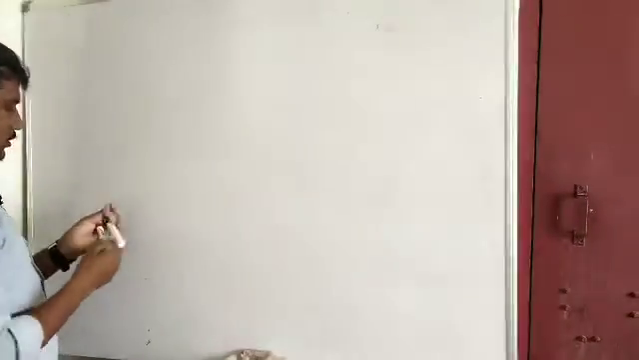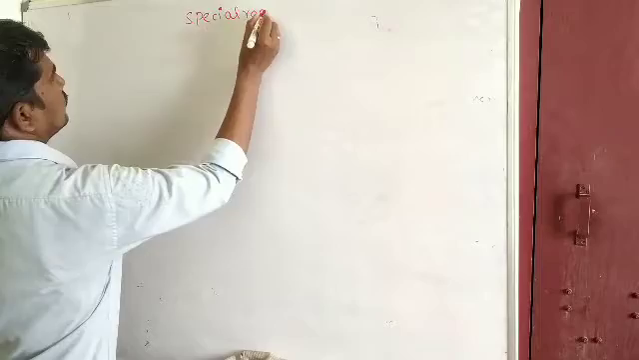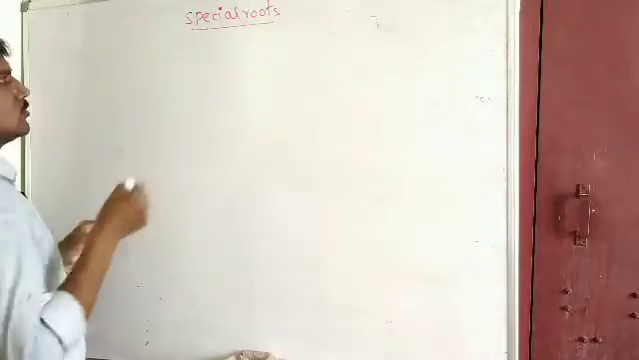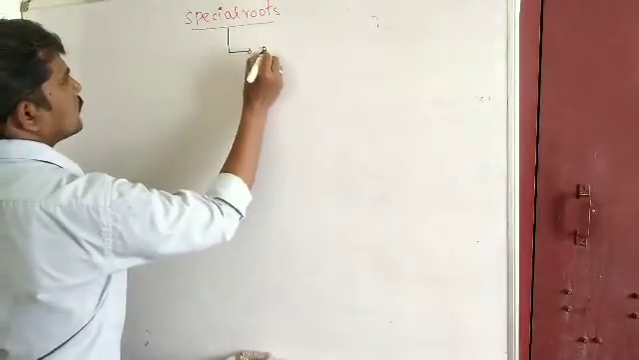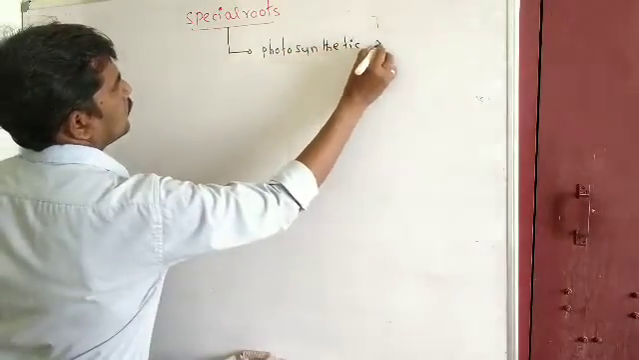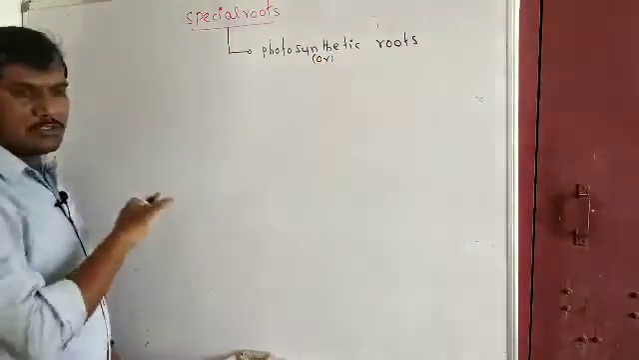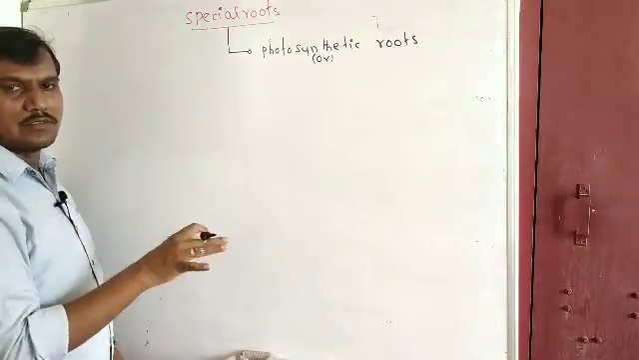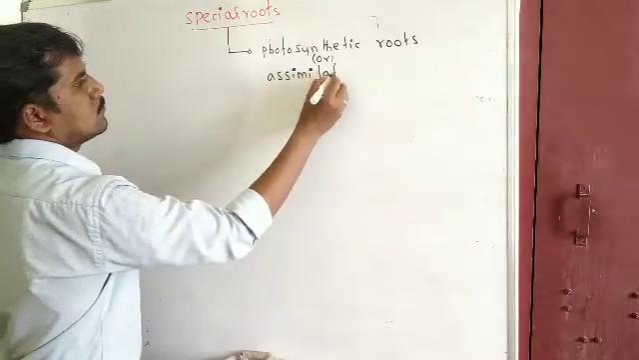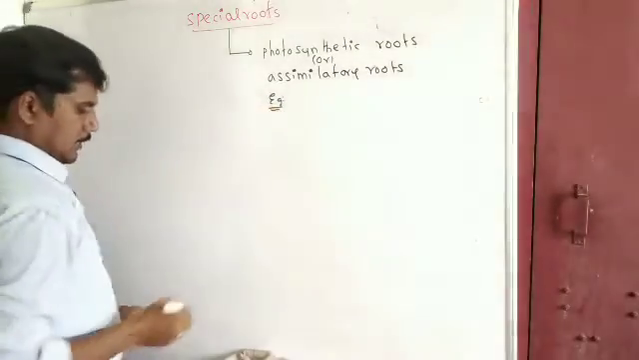Now coming to the special roots, importance. Special roots. These are also modified adventitious roots. Come to the first one, photosynthetic roots. Photosynthetic roots, also called assimilatory roots. That means the root is modified into a green, flattened structure, which we call photosynthetic or assimilatory roots. Important examples for this one,